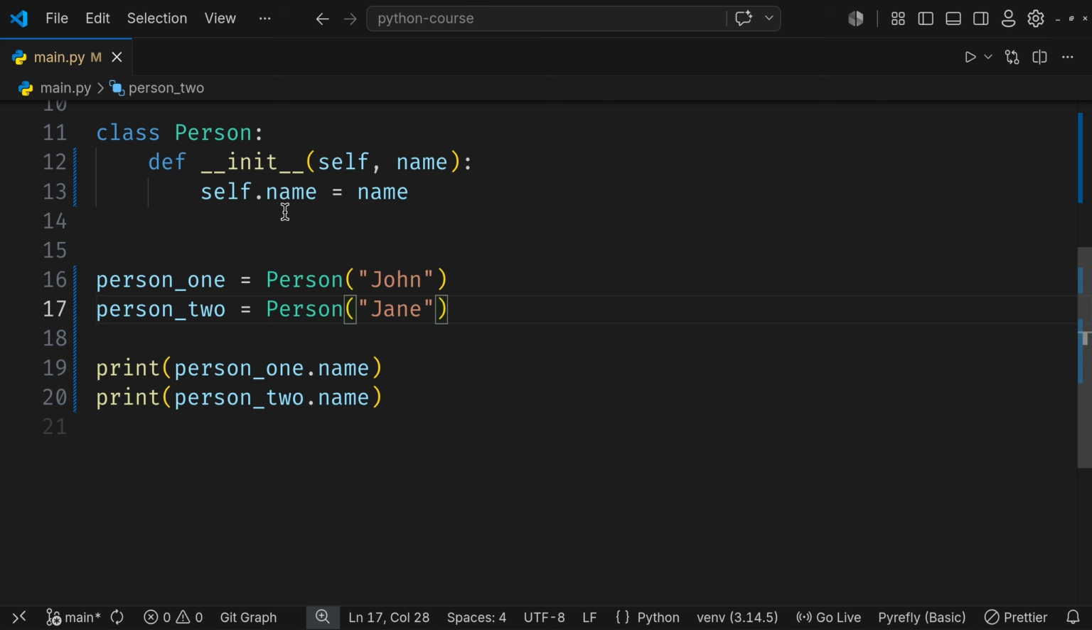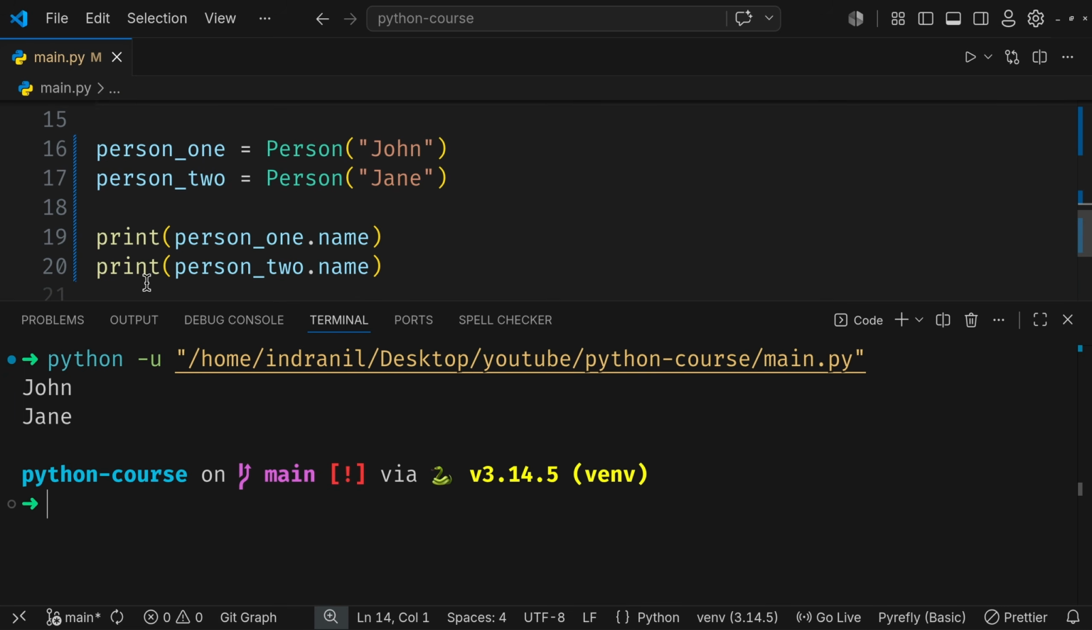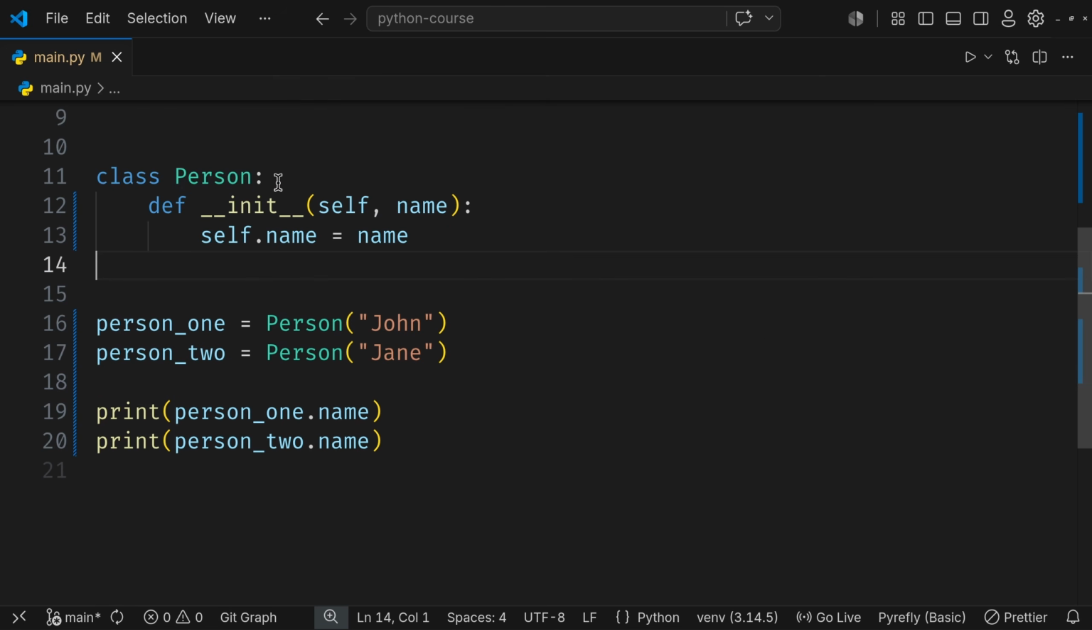So person, whenever the person class is instantiated, we are getting the name, and that name should be attached to that particular object with the name attribute here. Okay, all right. Now if I run the program, we are getting John for the person 1 and we are getting Jane for the person 2. Okay, awesome. So in that way we have made our person class dynamic,